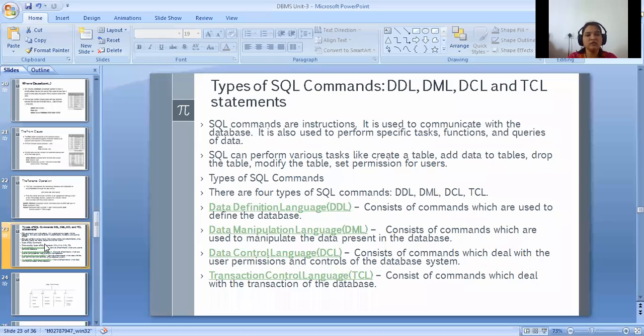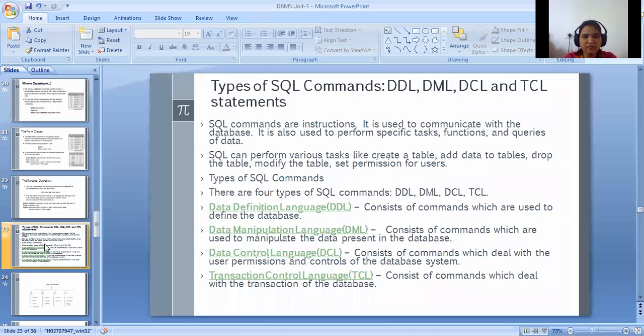SQL commands are the instructions which we are going to apply to a database. They are used to communicate with the database. They are also used to perform specific tasks, functions, and queries on the data. Updation, deletion, arithmetic operations, these kinds of tasks.